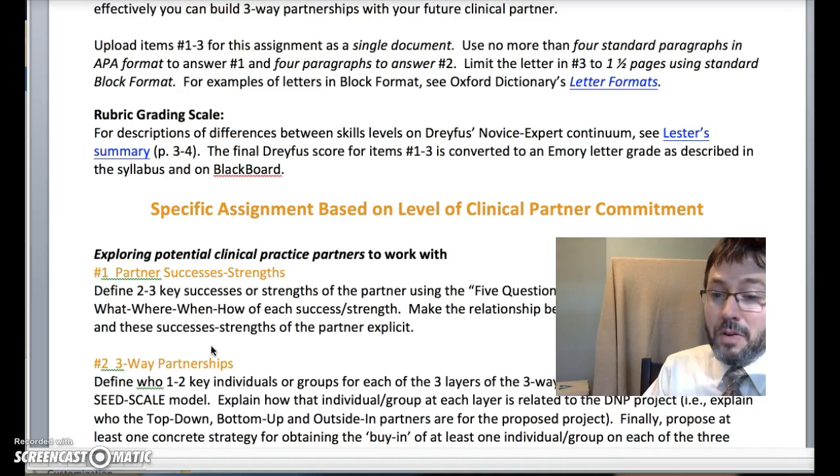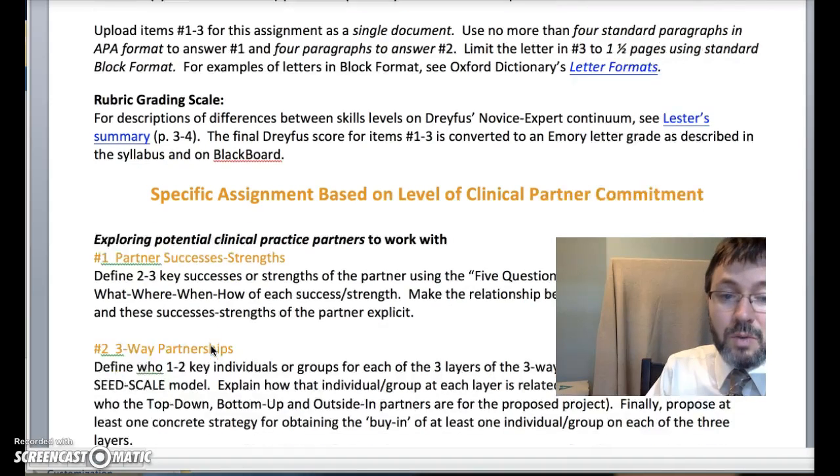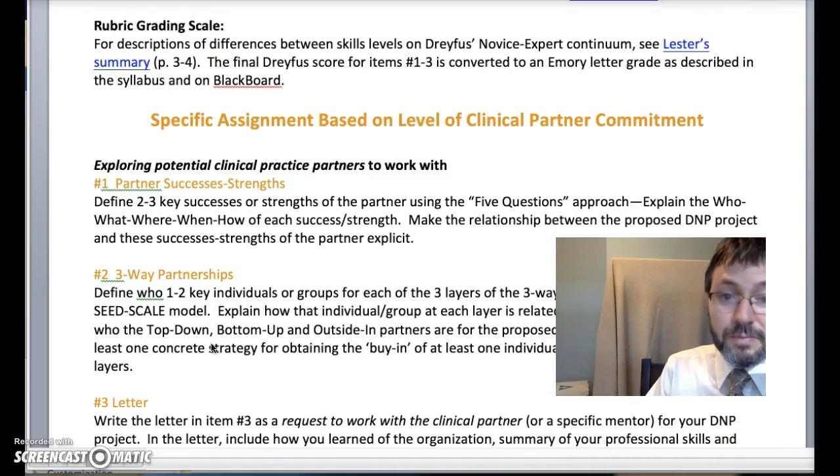So others are also looking at trying to decide among potential partners. So I'm here to help you in that process. We can certainly do office hours by phone or in person or Skype and talk that through as it's helpful to you. But as you do this assignment, what you're going to be doing, if you're exploring potential partners,